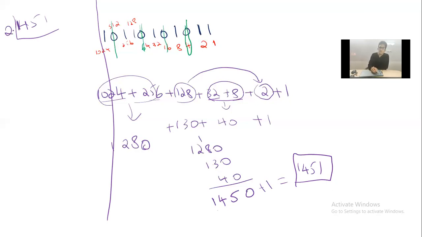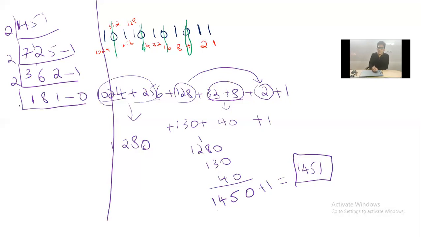So start from 2. 2 sevens are 14, right? 2 twos are 4. 1 carry here. 2 fives are 10. 1 carry. 2 threes are 6. 2 6s are 12, 2 2s are 4, 1 carry, 2 1s are 2, 2 8s are 16, 2 1s are 2, 0 carry, 2 9s are 18, and 0, 1 carry. 2, 45, right? 0 carry.